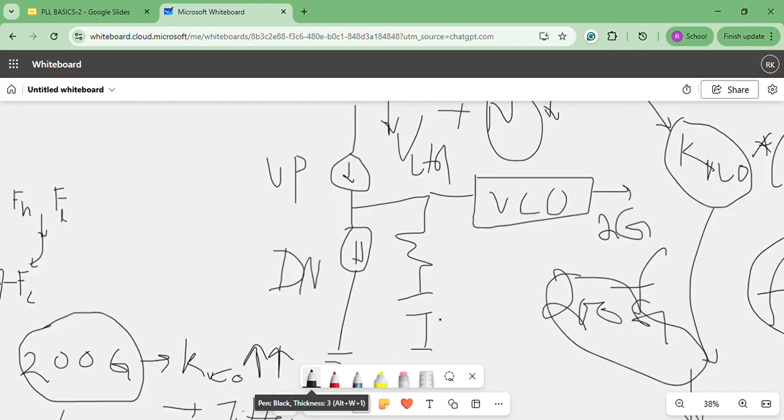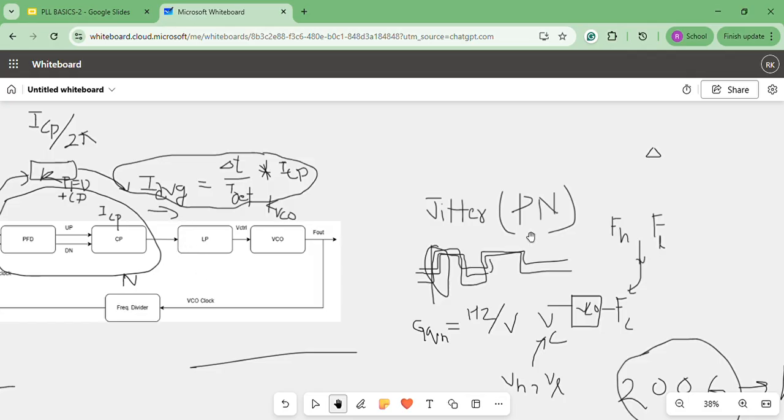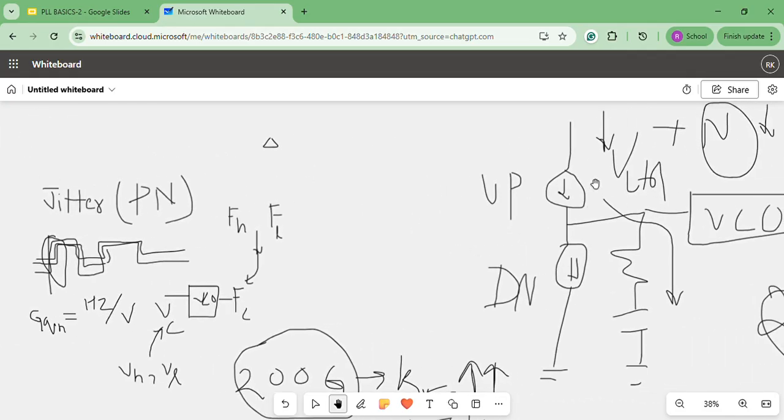For any capacitor, we realize this current is flowing through this low pass filter. Basically, the average current which we have calculated is flowing through this capacitor. So how much instantaneous voltage will be stored? Now we are analyzing this low pass filter. We have analyzed almost all the blocks. Only the low pass filter is remaining, which is this block. So for a delta I current, how much voltage will be generated? Since I have assumed it as a low pass RC filter, delta V voltage will be what? I into R